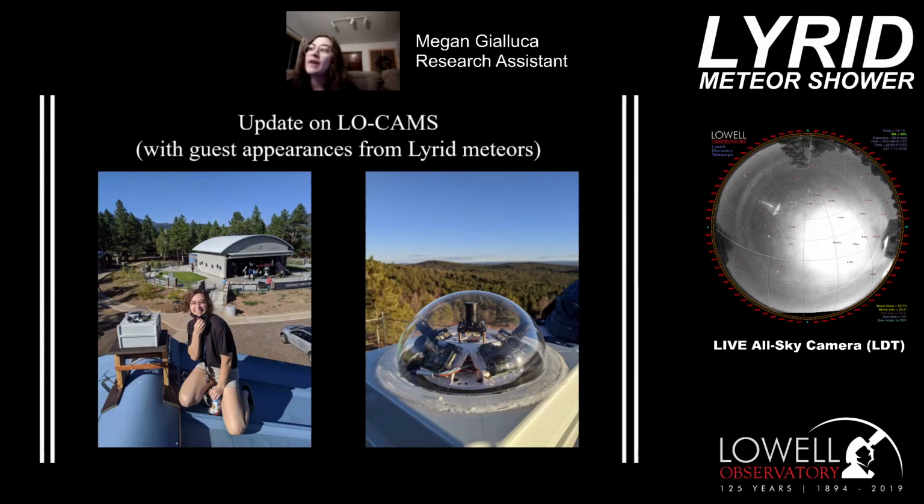So up on the screen right now are two of our stations. The one on the left is the one at Lowell Observatory up on Mars Hill here in Flagstaff. And who's that gorgeous looking gal next to the station? Oh, it's me, I'm just kidding. But yeah, that's me next to the Lowell Observatory station after we installed it. And on the right is the station out at the Lowell Discovery Telescope in Happy Jack, Arizona. All of the videos of Lyrid meteors I'm going to be showing you tonight came from one of